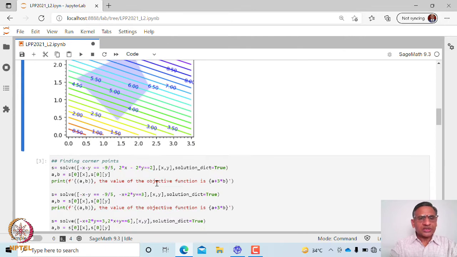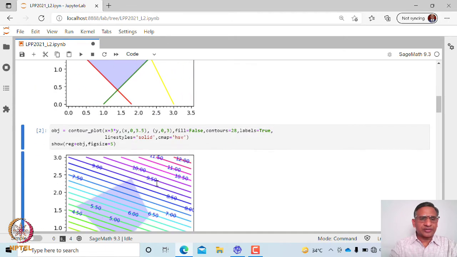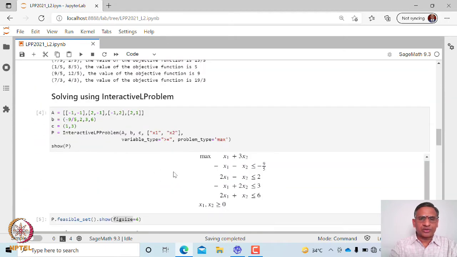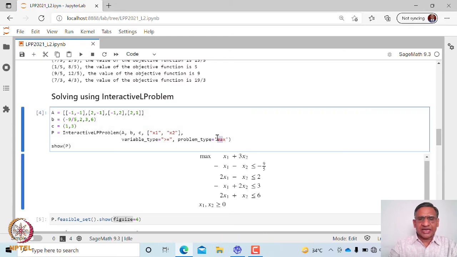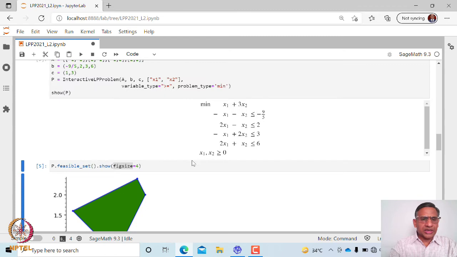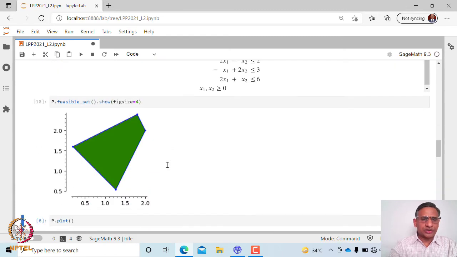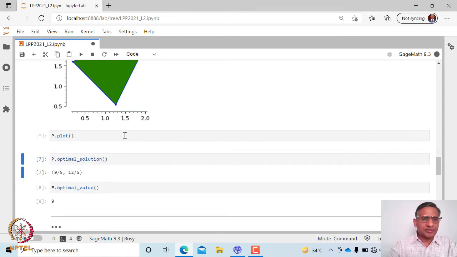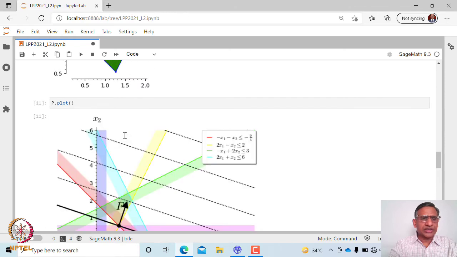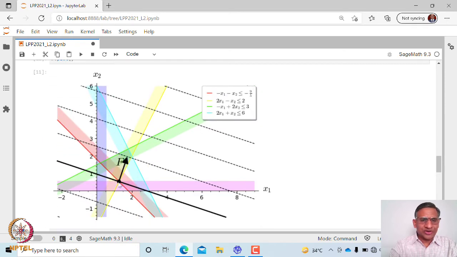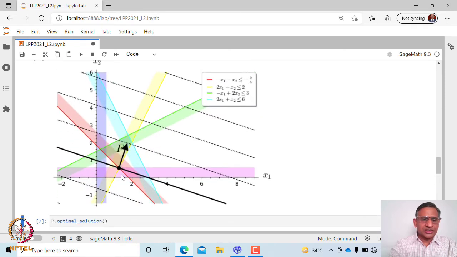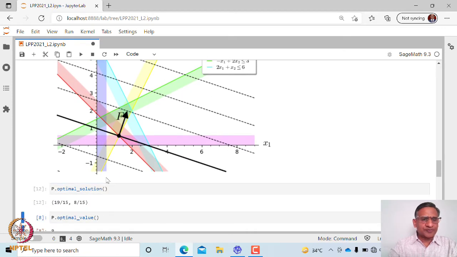Of course, in this case we have written this as a maximization problem. In case it is a minimization type, if I convert this into min, then the feasible region will not change, but the minimum will now occur at a different point, and that is this corner point. Let us find out what the minimum is.